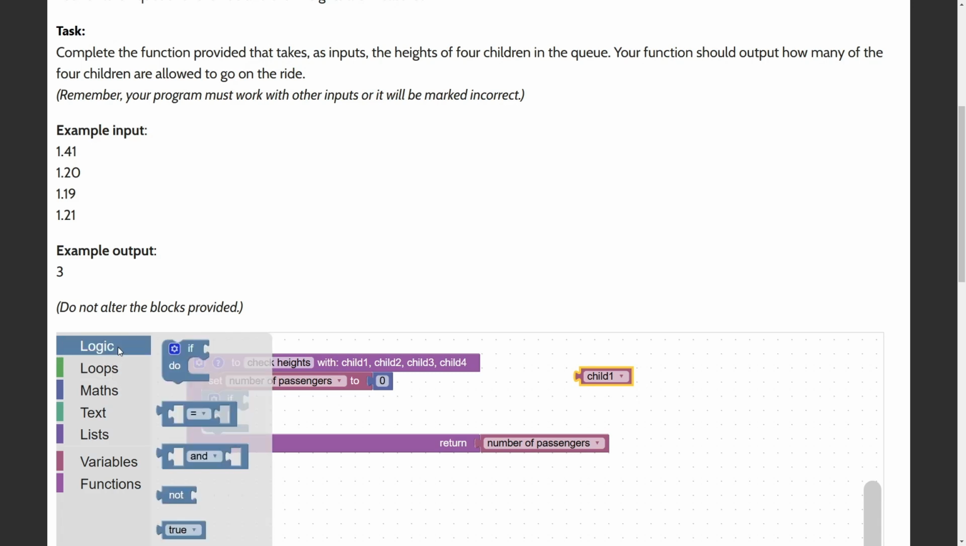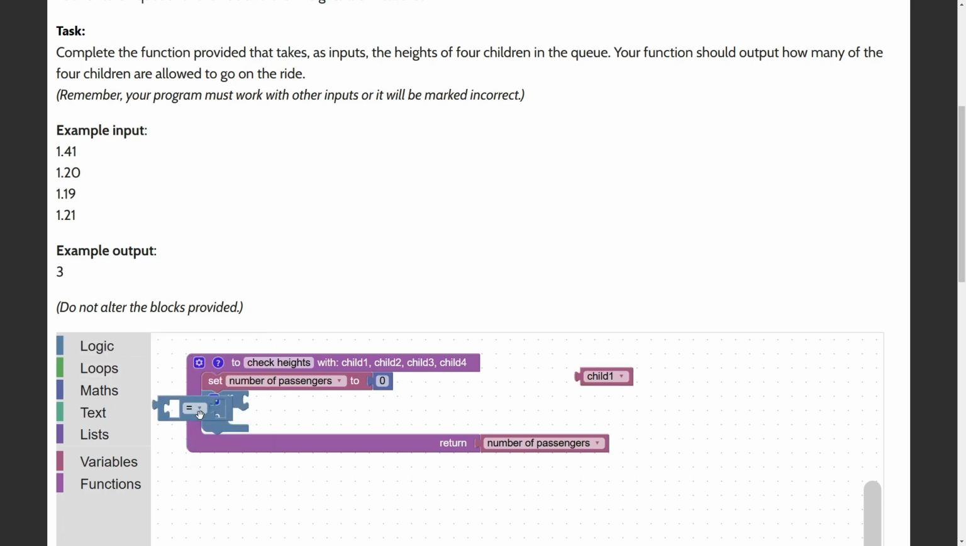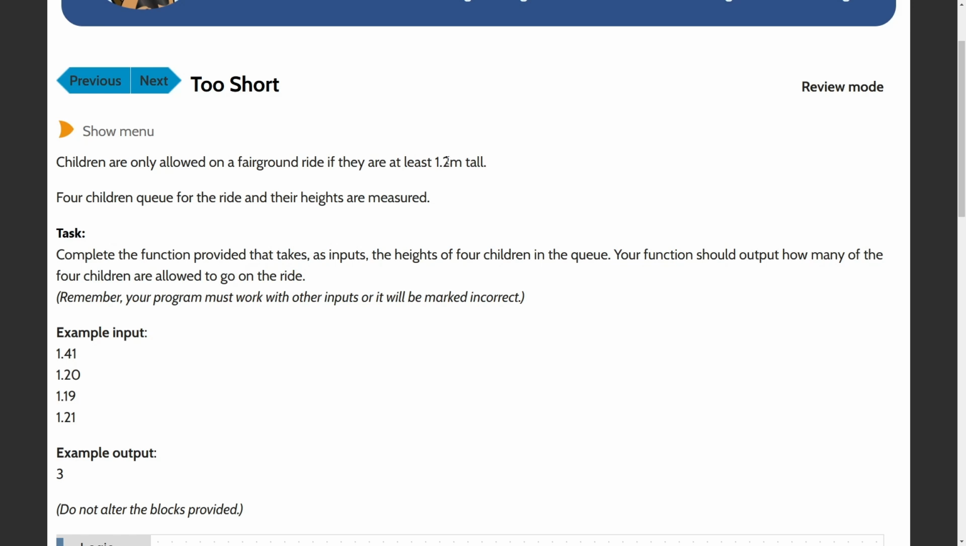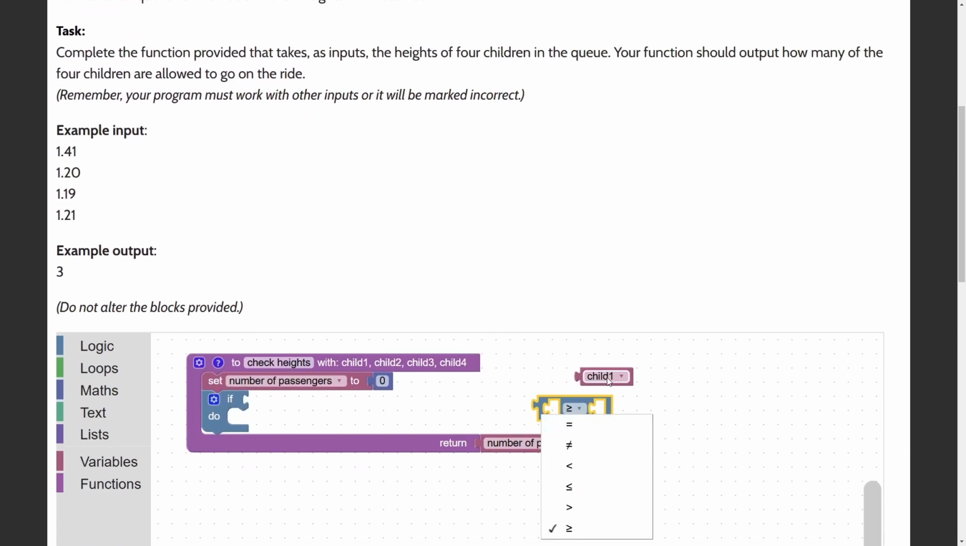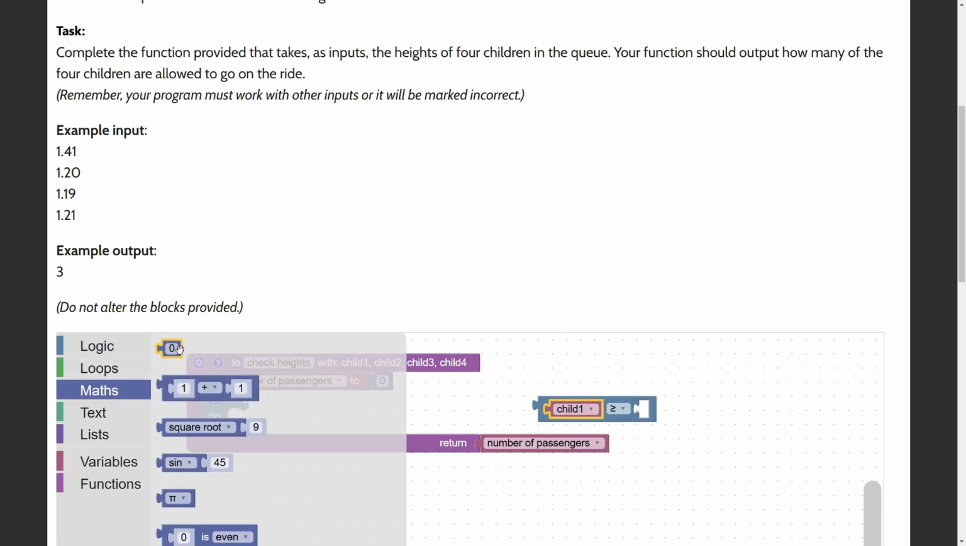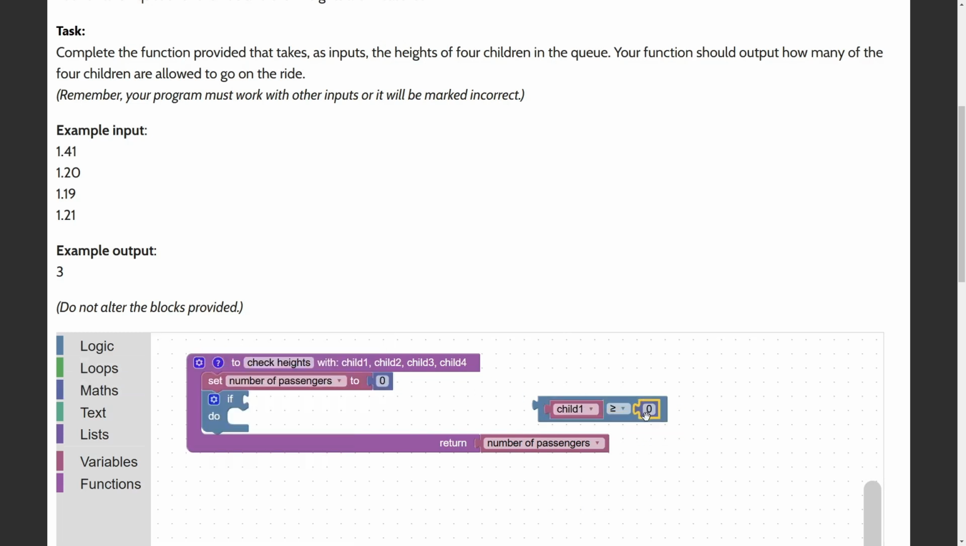Remember, this is in the logic. It's in here, and you can change this symbol to greater than or equal to. It's important that we choose greater than or equal to, not greater than, because they said at least 1.2, so 1.2 is actually allowed. So if child 1 is greater than or equal to, numbers are in maths, 1.2,